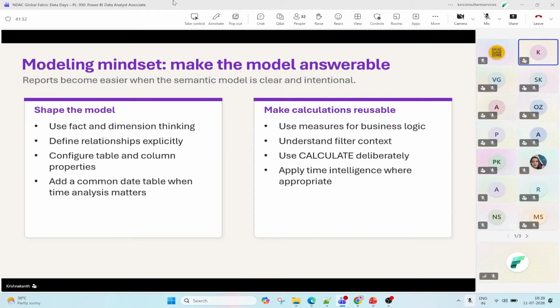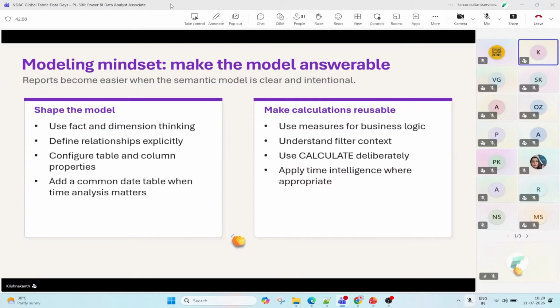And when it comes to CALCULATE, by default the data, the records, will be in a row context. As and when we want to do the context transition to the filter context, we need to utilize the CALCULATE DAX function. Basically, it will do the context transition from row context to filter context. That's where it is called a modified filter context. So these are the scenarios that you will be coming across when you're working with any kind of sample data or in real-time projects.